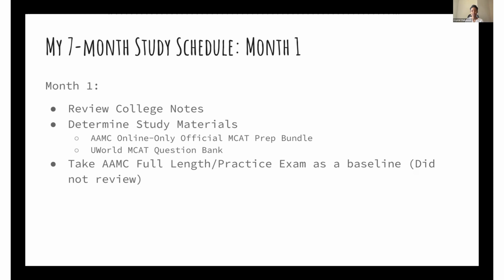In terms of the subject matters, you can see your scores on the subjects, but not necessarily go through each question and review it, because that's a lot of time. Going through it just to review content also takes a long time. So I found it more beneficial to use a full length as a metric to say this is where I'm at, versus as a review or study tool. That was how I used it for that first month.